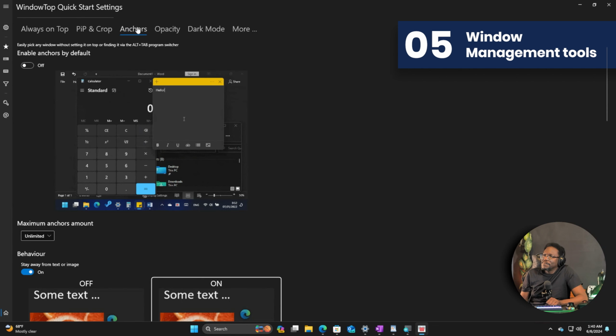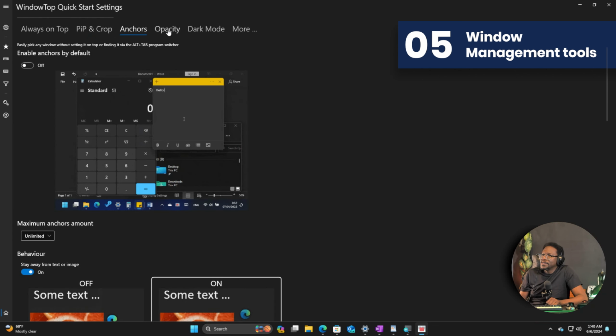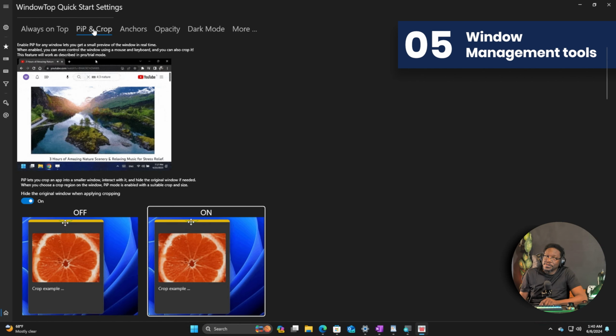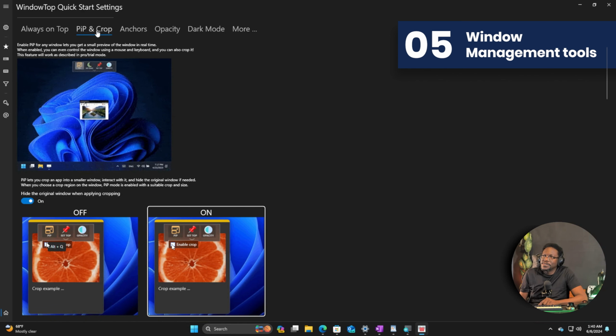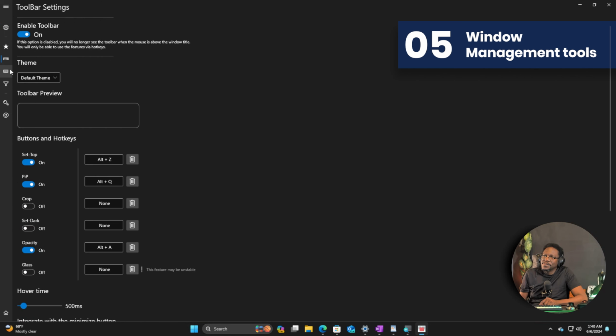Now these are the different features that you have. Always on top, picture in picture, anchors, opacity, dark mode, and a few more. Now my favorite is going to be the picture in picture. You're going to love this. So let's check it out. Now, when you go to the main settings,